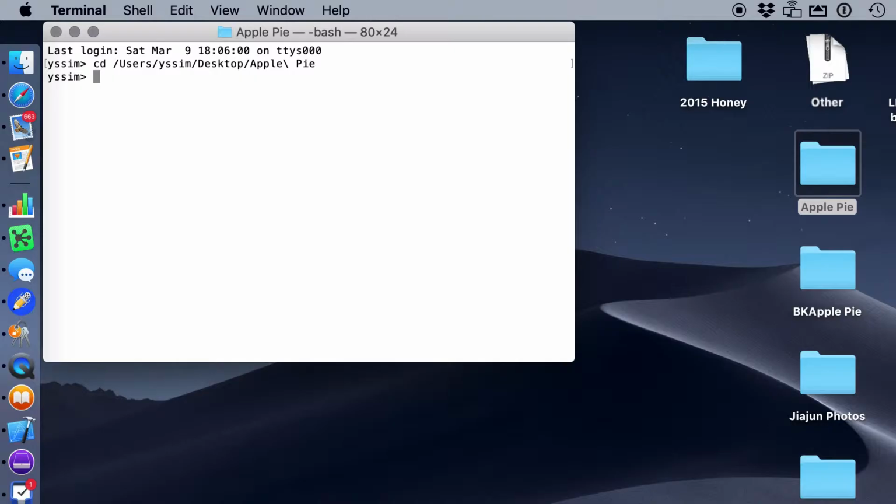To check that you are indeed in your folder, type pwd. You must make sure that you are in your projects folder before you run the following commands. Git add dot, git commit -m